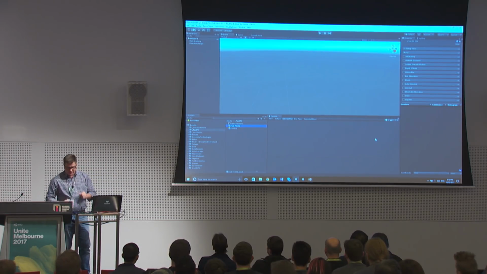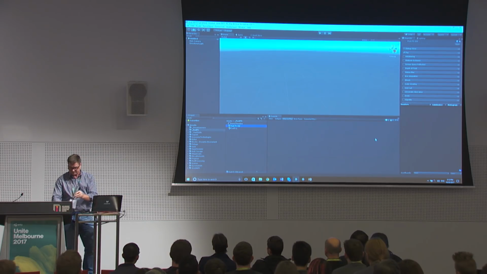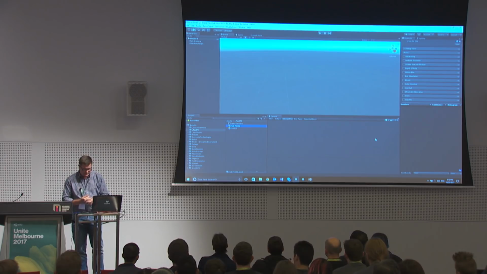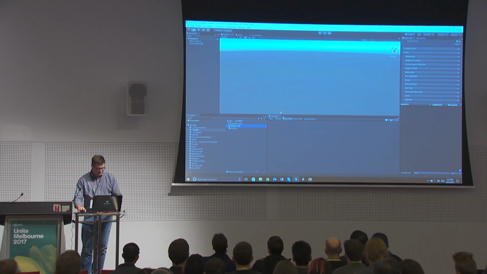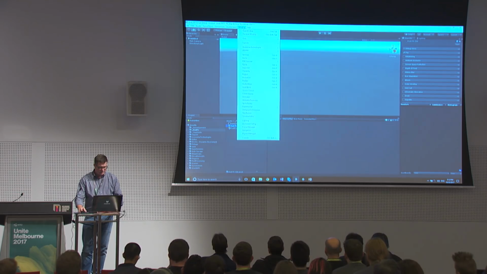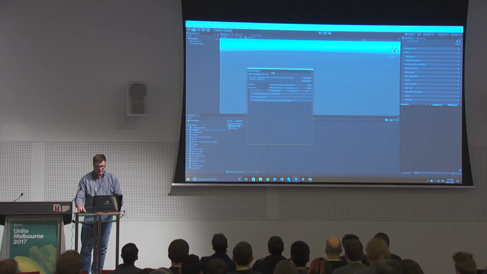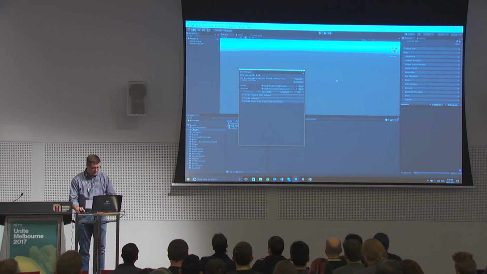So I've taken the liberty of importing a bunch of stuff just because it's pretty boring watching importing. So the first thing I'll do is I'll open up Gaia and create ourselves an environment. Gaia works on the,